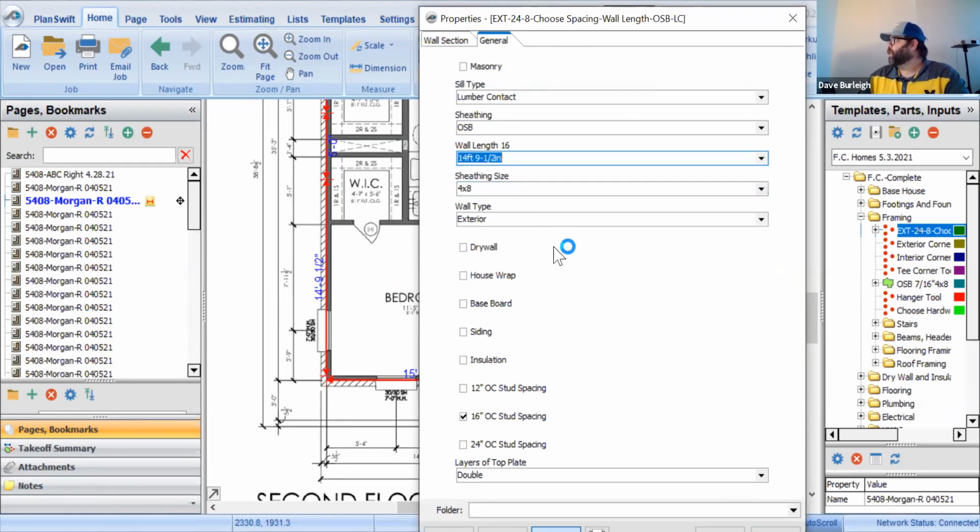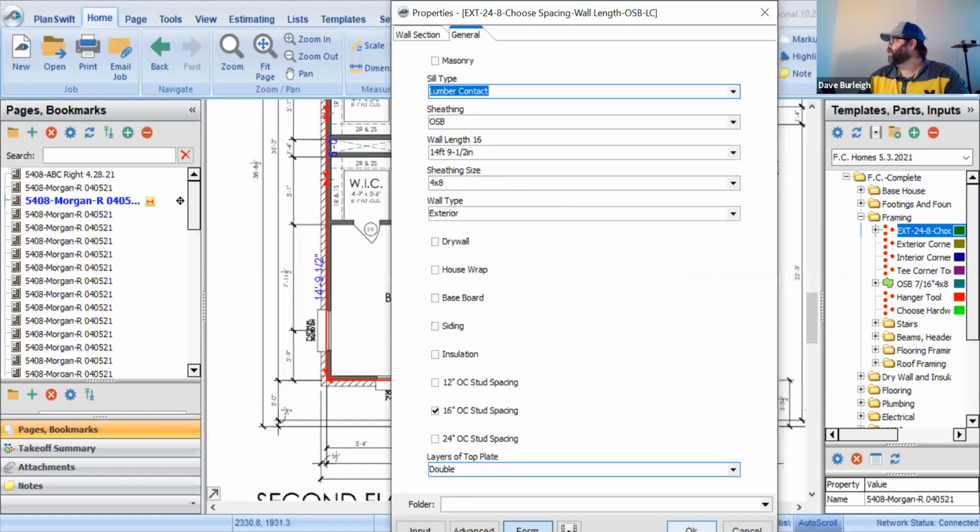So if I select my 14 9.5, I'm going to decide what do I need. Do I need OSB? Do I need no sheathing? Do I need T-ply? I'm going to go OSB on this one. I do want an exterior wall, and I'm making contact with lumber. Once I set that,